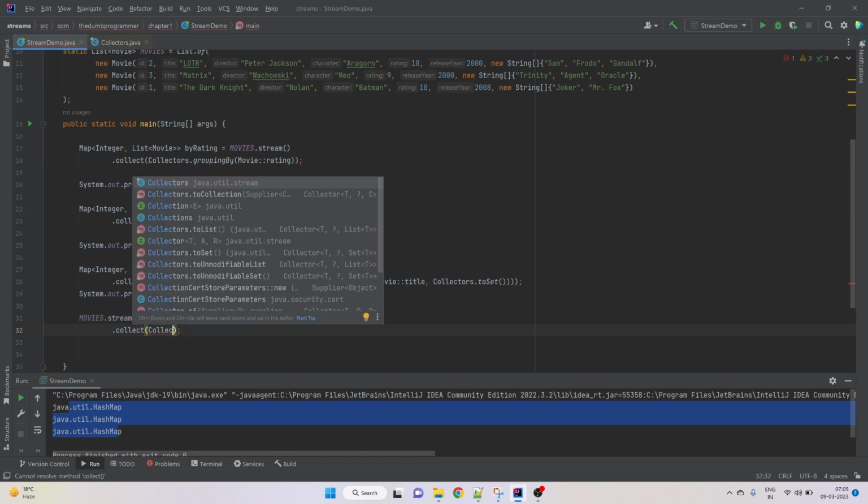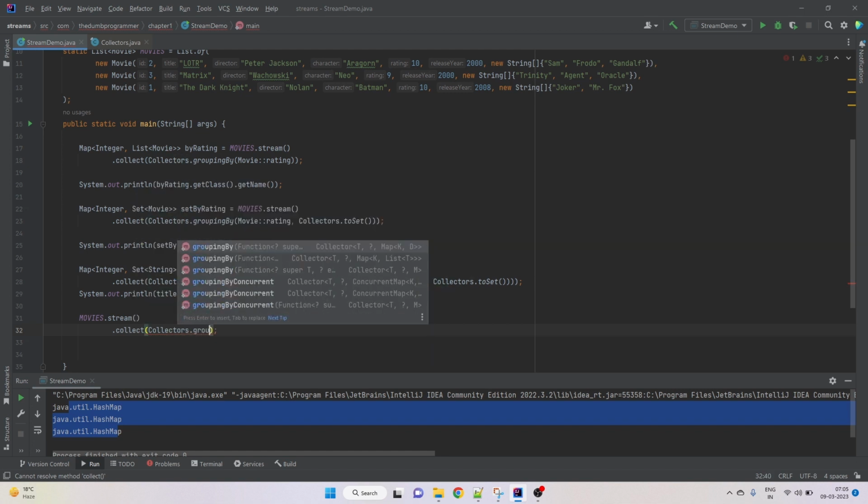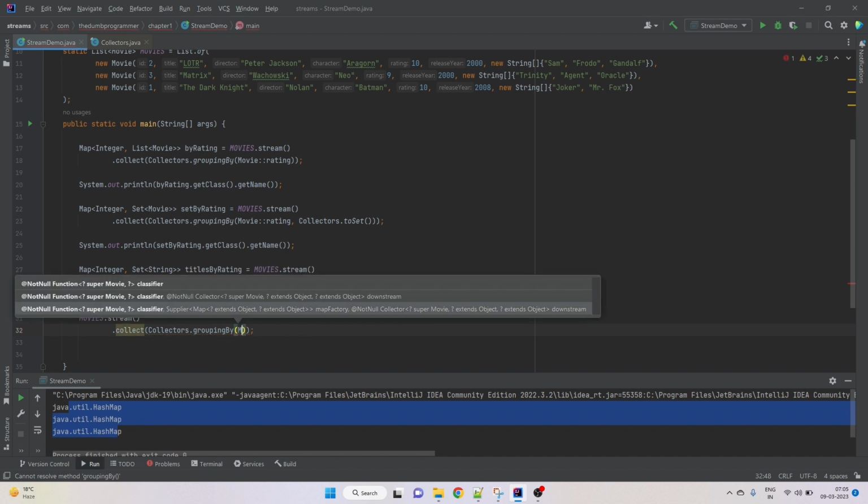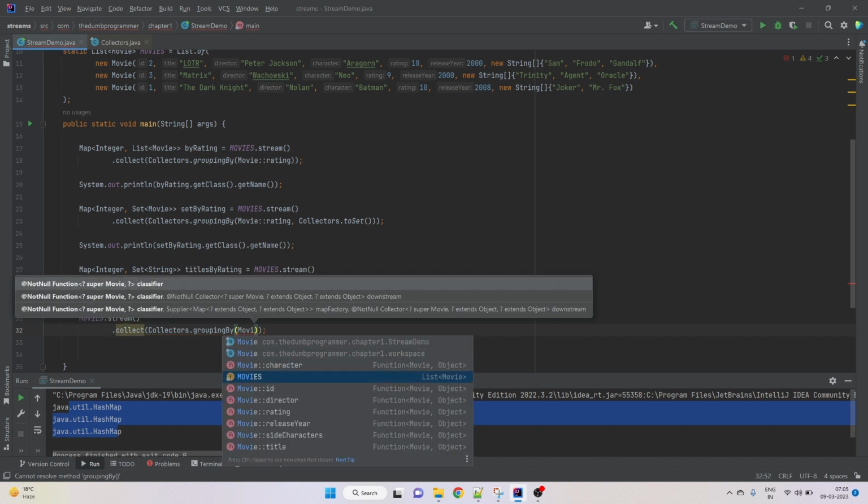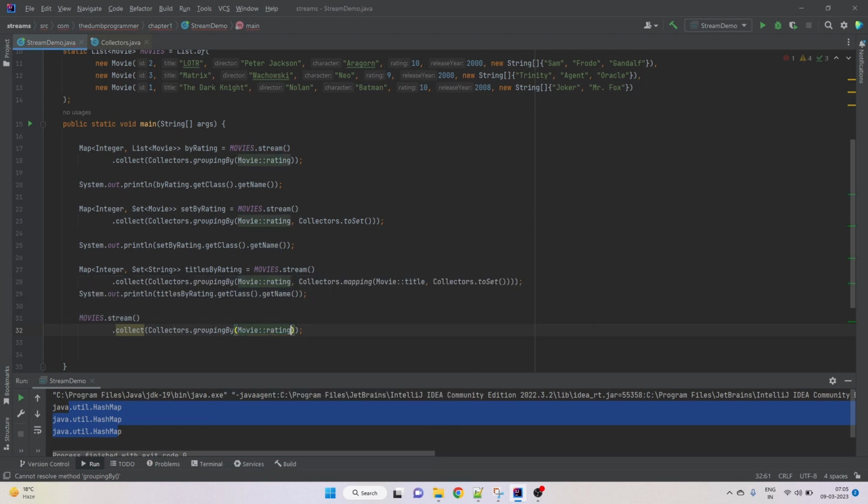Collectors.groupingBy, and this time we are going to use this variant of groupingBy. So we see it accepts a classifier, which is a function. So first we provide the classifier, which is Movie::rating. Okay,